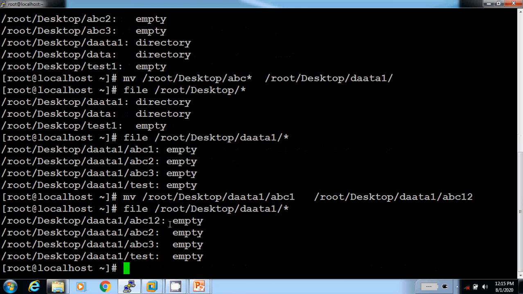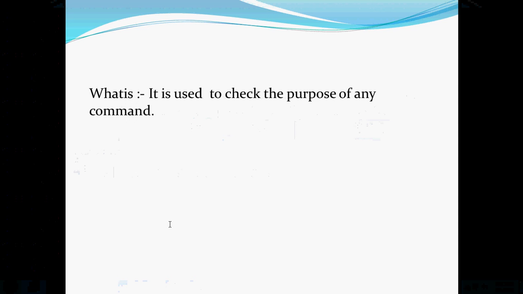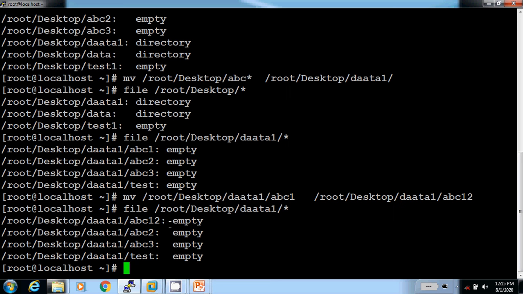Now the next command is the whatis command. It is used to check the purpose of any command. Let's suppose we have multiple commands in the Linux operating system. If you want to check what the use of the cp command is, then we run the command whatis cp.